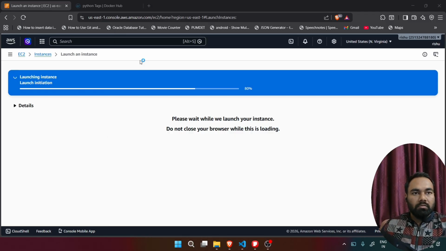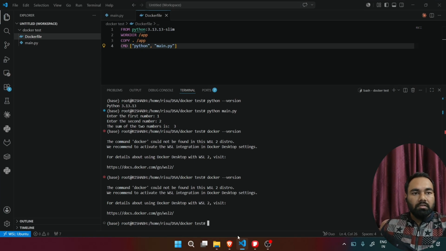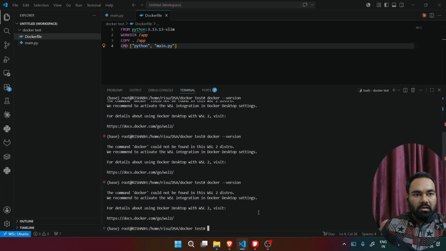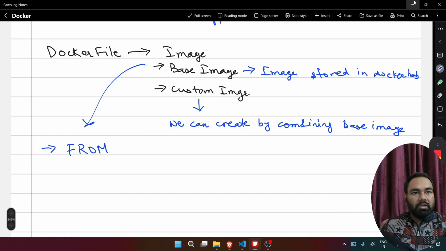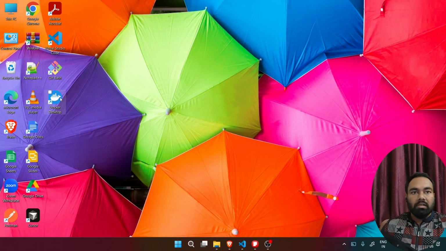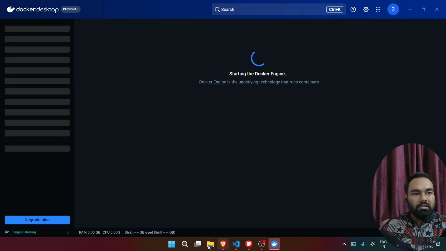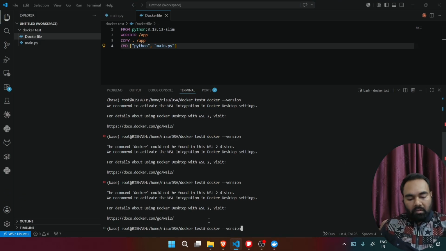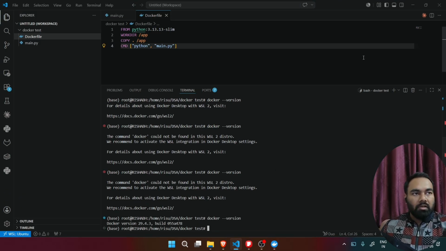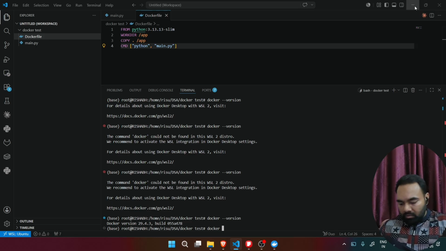So now Docker is starting. Till now my Docker has not started. Start. Yeah. So now my Docker is starting in my local. Now I will check the Docker version. So now Docker is showing the version, and to build the image, I have to type docker build